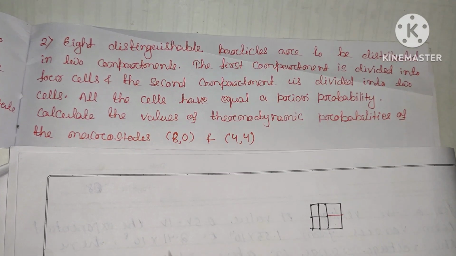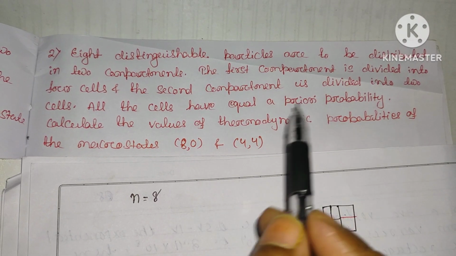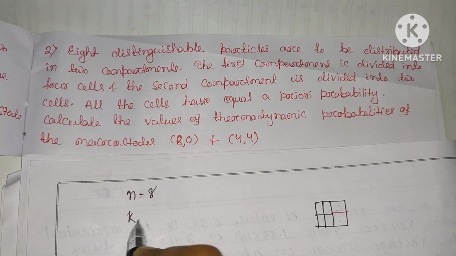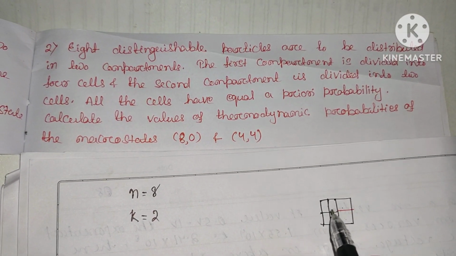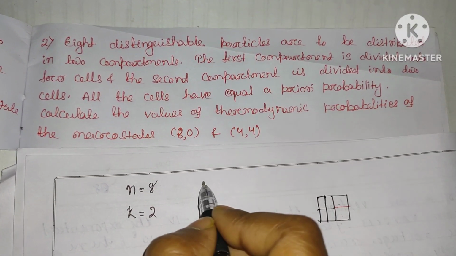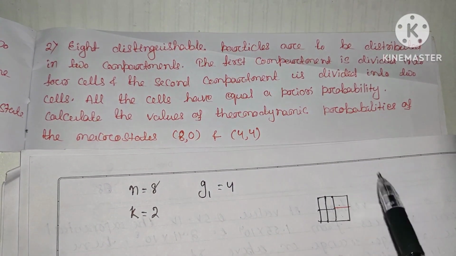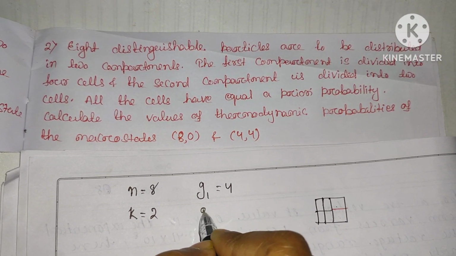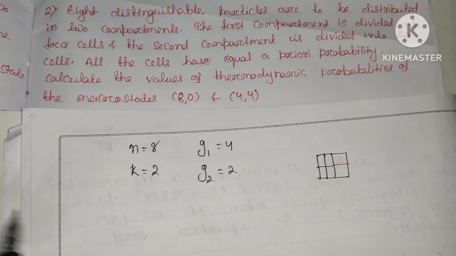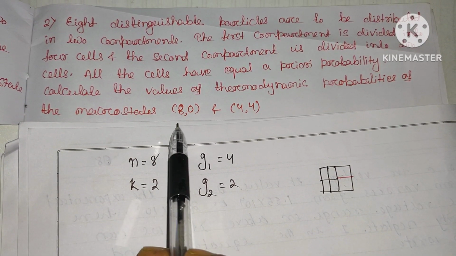So the first thing is, we can see that there are 8 distinguishable particles, so we can write n equal to 8. Clear? There are 2 compartments, so I am writing k equal to 2. The first compartment is divided into 4 cells, so 4 cells means the degeneracy is 4, G1 equals 4. And the second compartment is divided into 2 cells, so G2 is 2. This much is clear. Now the first question is to calculate the values of thermodynamic probabilities of the macrostates